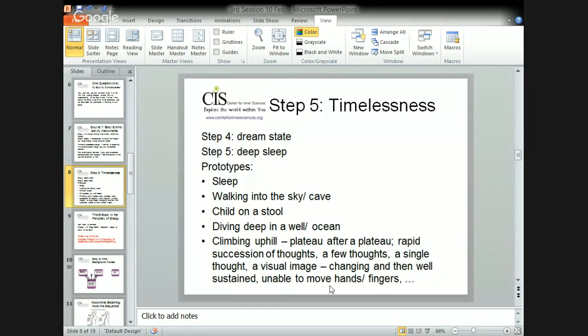Then you say, okay, my meditation is getting away, I am coming out of it. But then I notice I am not able to lift my hand. I am not able to unlock my fingers. Have you noticed that? Anybody? So, when you are deep in meditation, now you want to connect your mind and body, and you notice I cannot lift my hand. That means you are quite disconnected from your body.